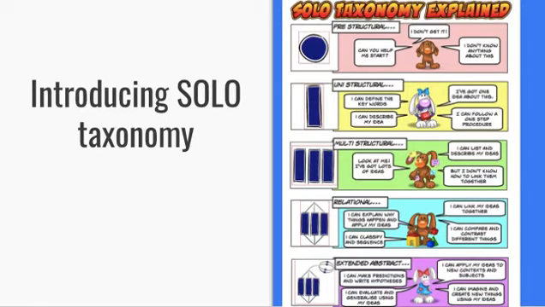Today I also want to introduce you to a new idea, and that is solo taxonomy. This concept is a learning strategy that helps you to understand the NESA verbs more effectively, and in my videos over the coming weeks we will be exploring and unpacking solo taxonomy. Now it sounds like a big concept, so don't get scared. Let me unpack it for you. It just demonstrates, it goes through how much